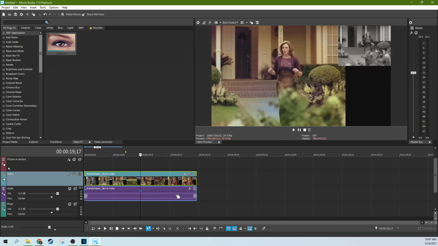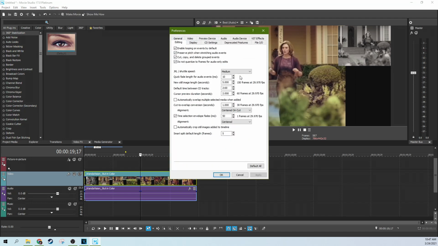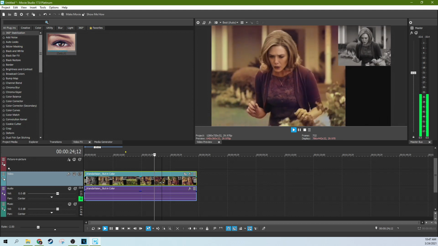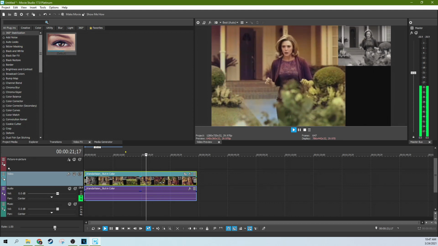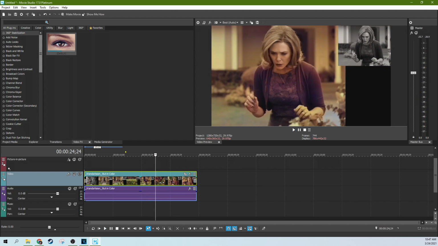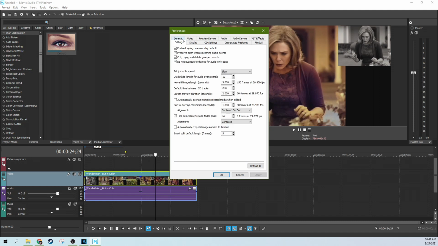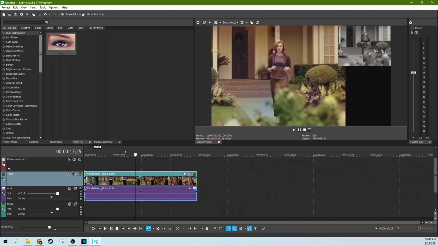Now you can actually change how these work in the settings. I was just hitting the keys over and over again to increase the rate. If you go to preferences here, you can go to editing and you'll see the JKL shuttle speed. If you go to slow and apply it, it'll actually lower the top rate it'll go. So I can only get up to a -2 rate with my J, K, and L keys, or a 2 rate. But if I go to options, preferences, and the editing tab, then I can change it to fast and apply. It'll actually up the rate I can go